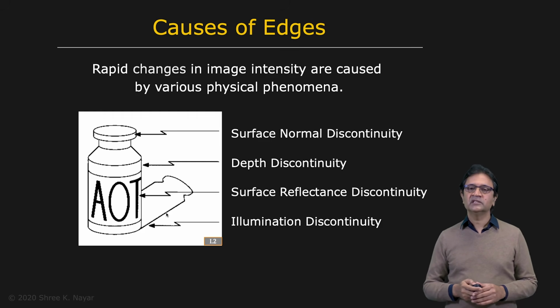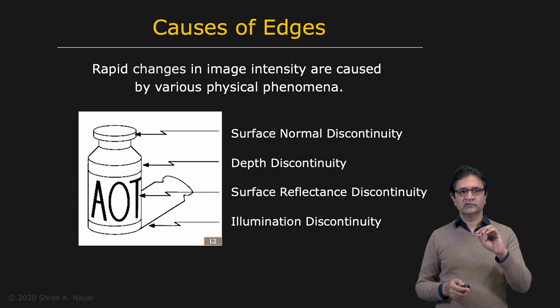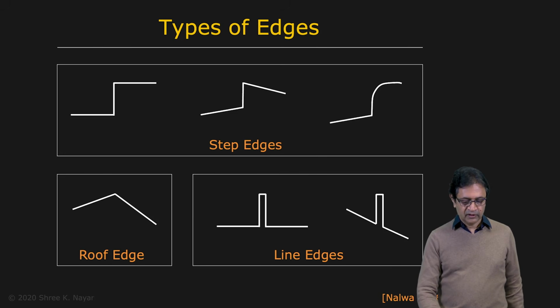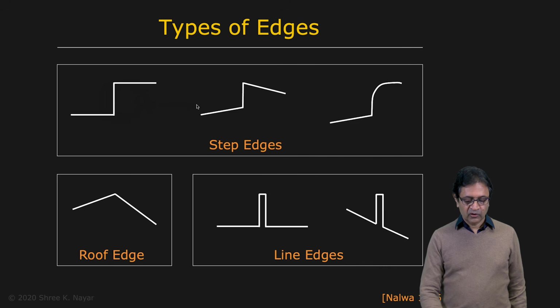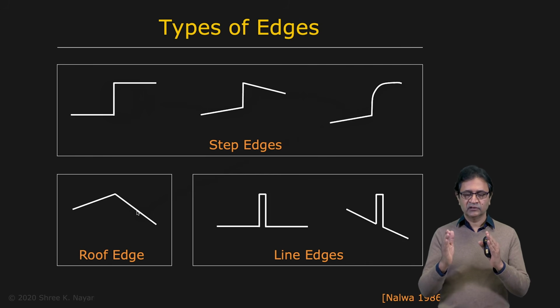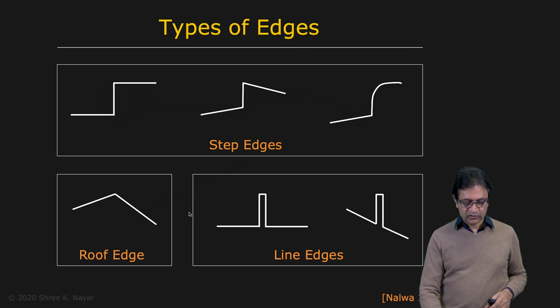So now how do these edges actually manifest in terms of intensity profiles in the image? You get all kinds of profiles. You might get the simple step function right here, or you can get a step edge with a gradient on either side, or you could get a linearly changing gradient here with a non-linear gradient on the other side, or a roof edge as shown here. And also when you look at lines, lines really are edges on two sides. So you have two edges here, a rising edge and a falling edge.